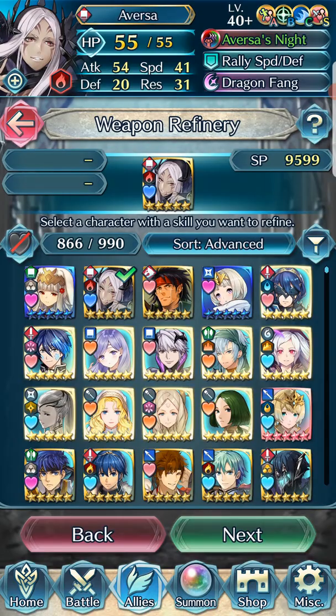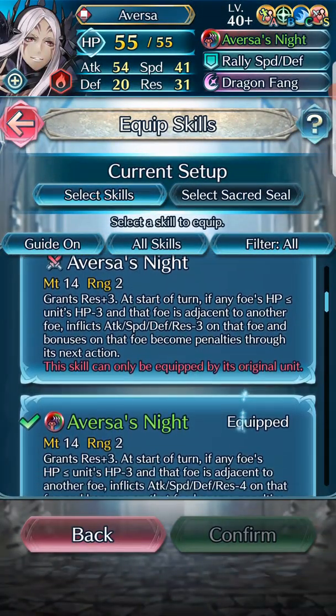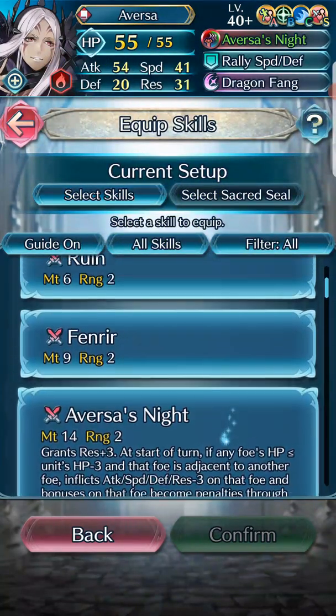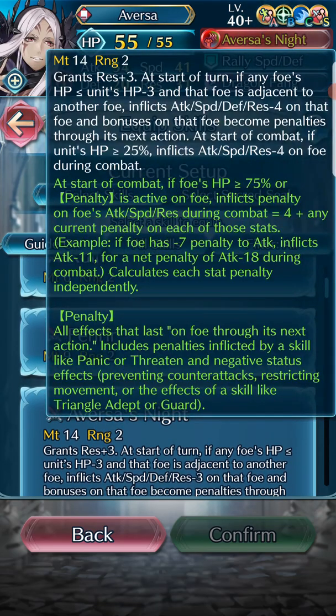Then we have Aversa, whose weapon also changed. Not as much, but it did change. Let's see if we can get it all in one go. Alright, so